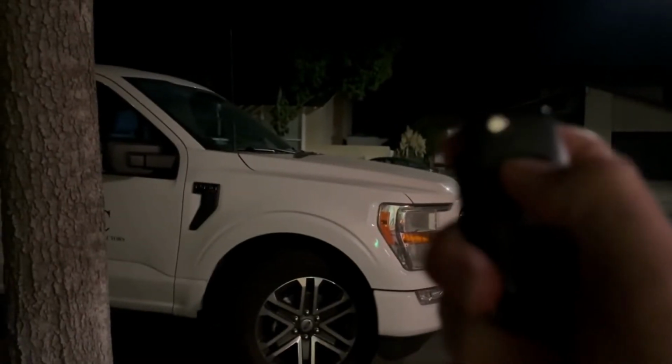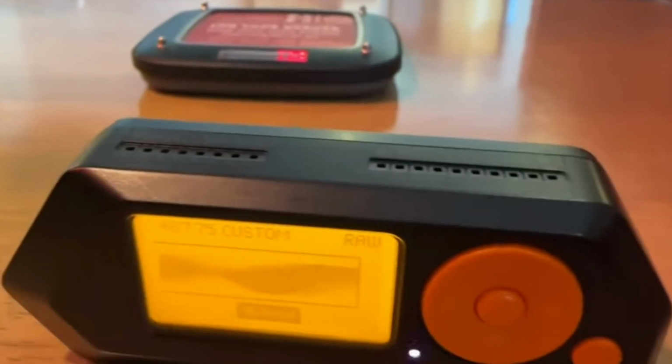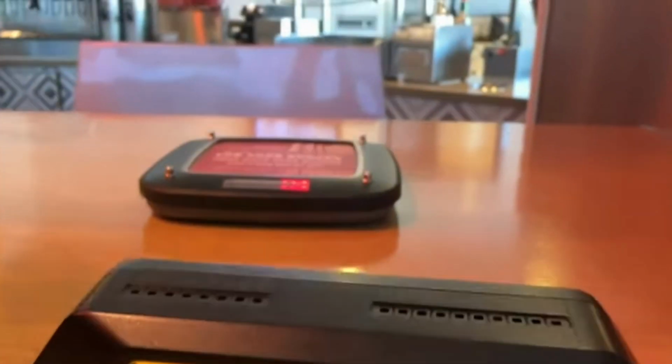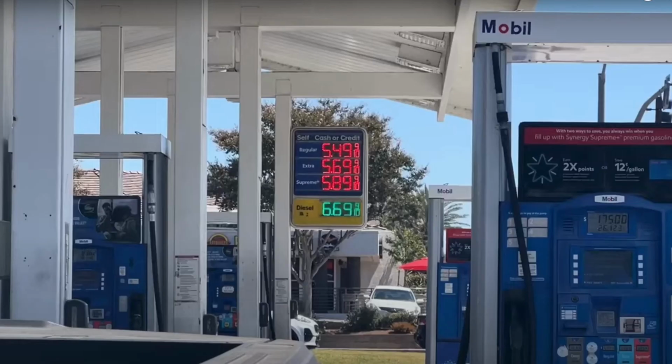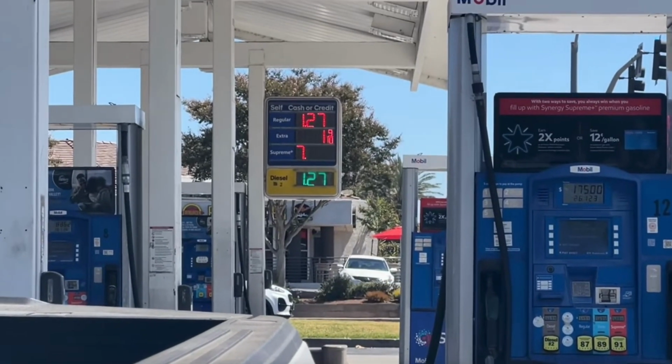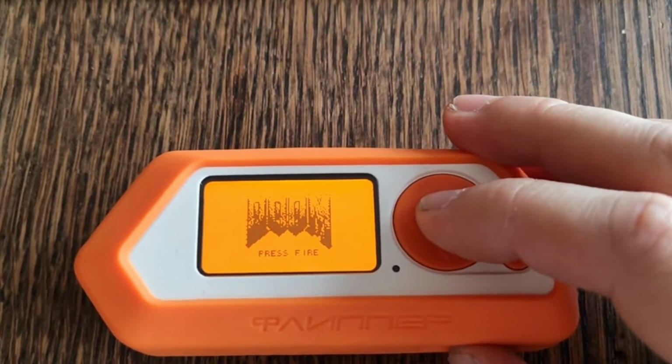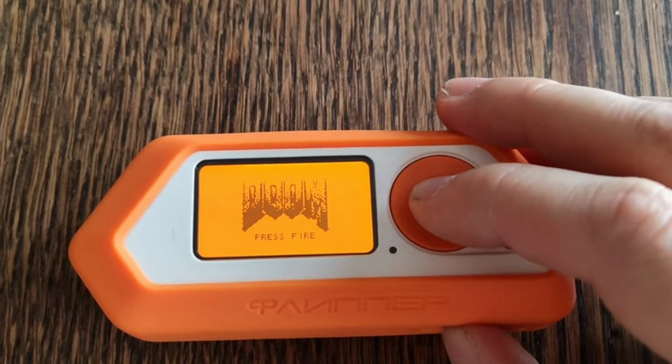What can it do? It has a sub-1 GHz transceiver to interact with old-fashioned devices like garage doors, restaurant pagers, and doorbells. There's also a 125 kHz antenna to read, clone, and emulate older prox cards. And an NFC module to read, write, and emulate both low and high-frequency NFC devices. Plus an infrared transceiver to learn any IR device. You can also use the Flipper to run bad USB attacks, store U2F keys, and even play Doom and Tetris on it. It can be connected to a computer via USB, and it also has a microSD card slot for